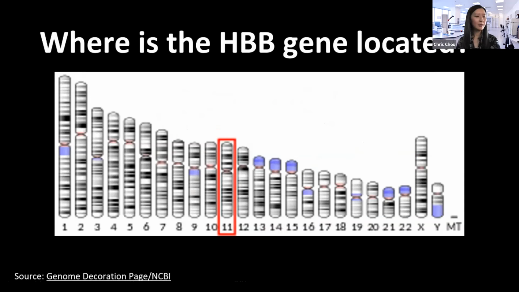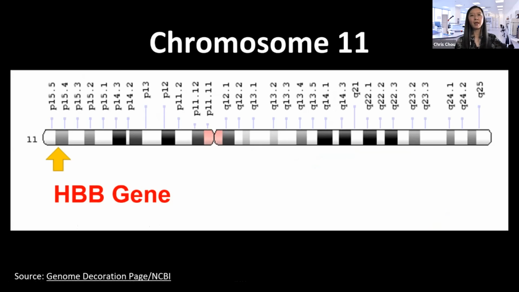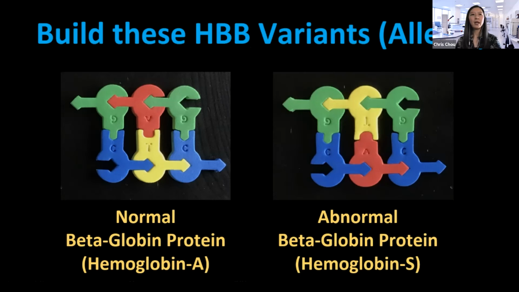So where is this gene? Let's put this in context. It's located on chromosome 11. And when we zoom into chromosome 11, it's located on the P arm there at that location. And when you zoom in even closer into the gene sequence, for one particular variant of the HBB gene mutation at a particular location, this is where you can take your